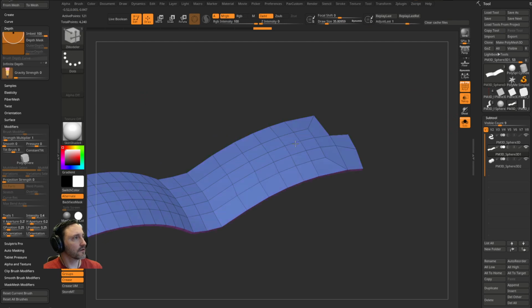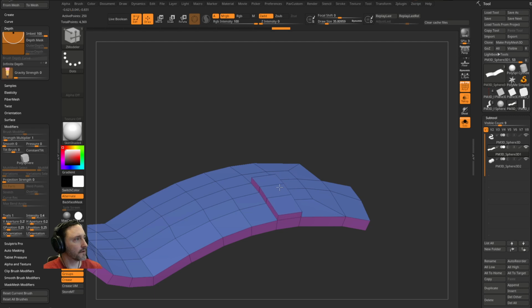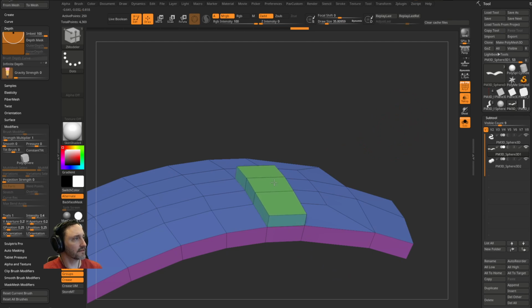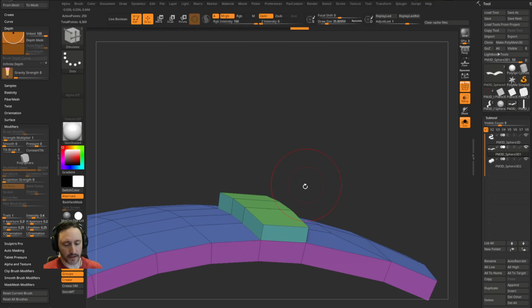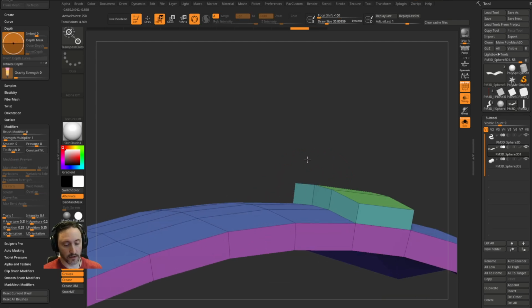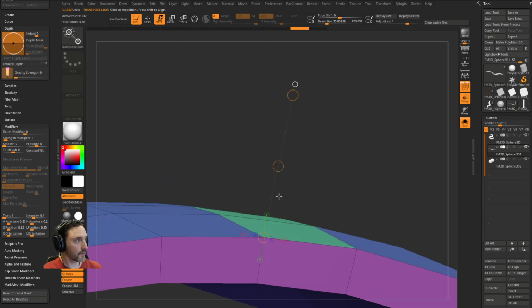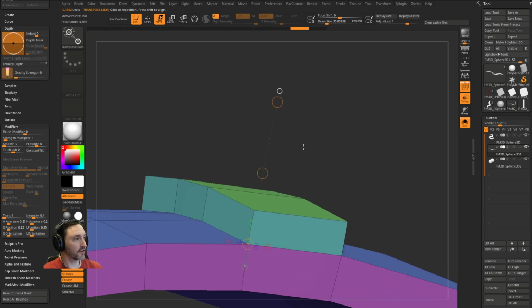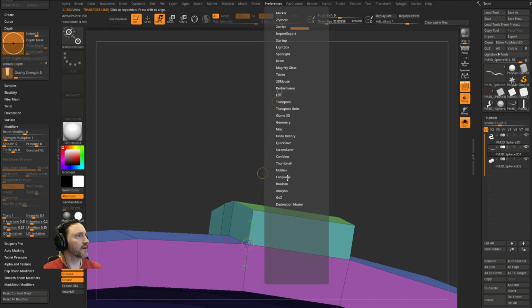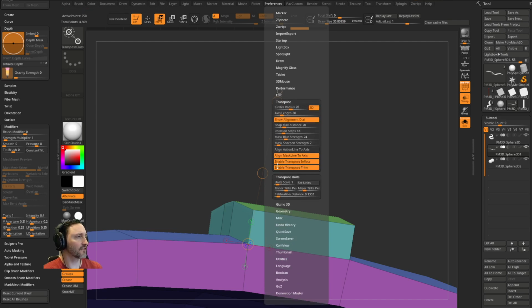let's see, let's do this. Extrude, polygroup all, and then here I want this to go up a specific amount. What I would maybe do in this case is hit W and then hit Y. That turns off gizmo and puts you into, what is this mode? Transpose line mode, and then you can go in here to preferences, transpose, transpose units. So this is what you would look up, to tell it I wanted to do millimeters or feet,